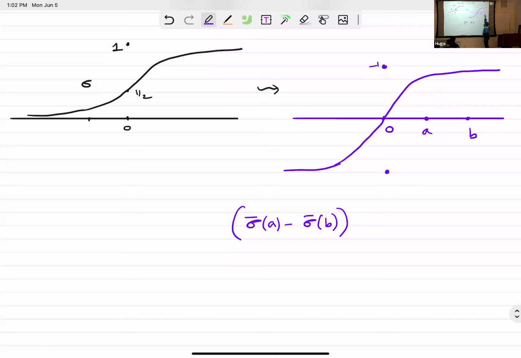Right? Sigma bar A is on the left-hand side, sigma bar B is on the right-hand side. But what happens when I multiply with A minus B? Positive, right? So in fact, this is always positive. Why? Because it's a monotonically increasing function. If A is more than B, then both of them will be positive. If A is less than B, then both of them will be negative. Okay. Right? And in fact, it's not hard to show that